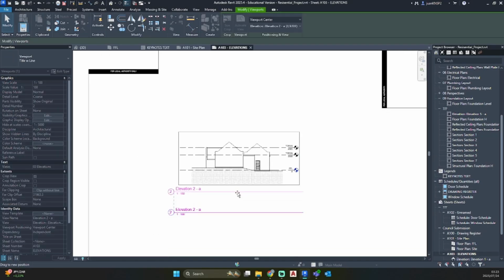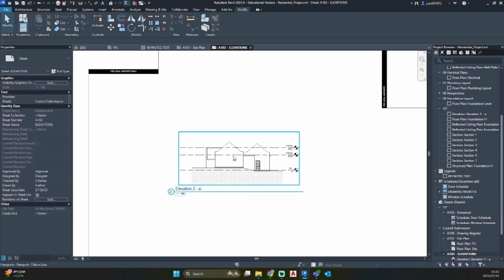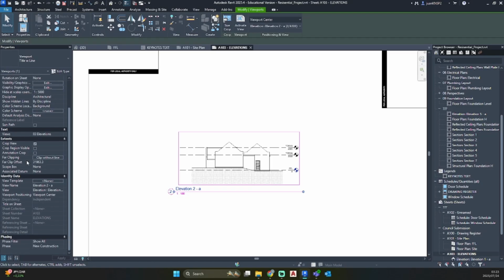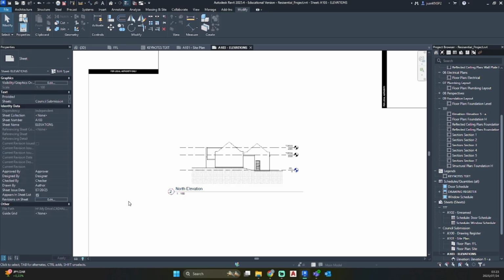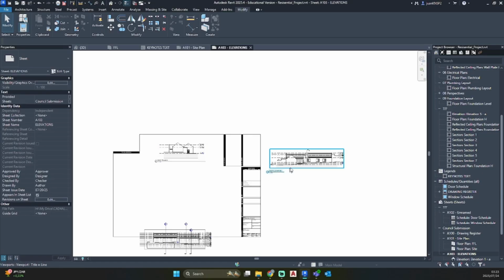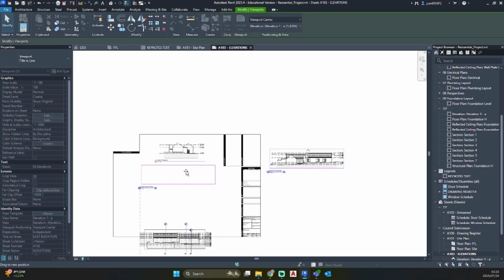I'm just going to move my view title up. Remember to click on your view, go to identity data, title on sheet, and rename this north elevation. So I'm going to move that into place. Bring in my east elevation,